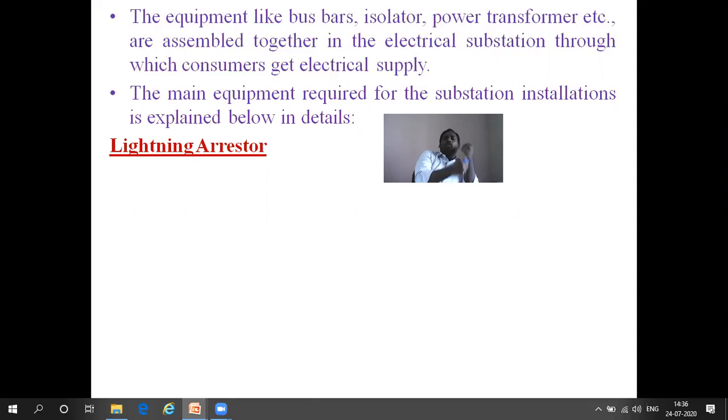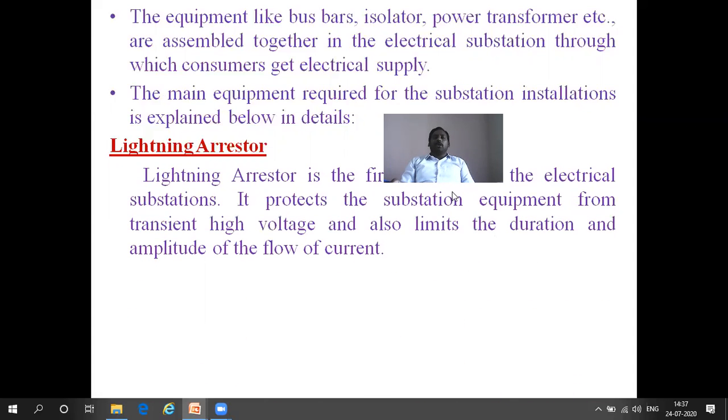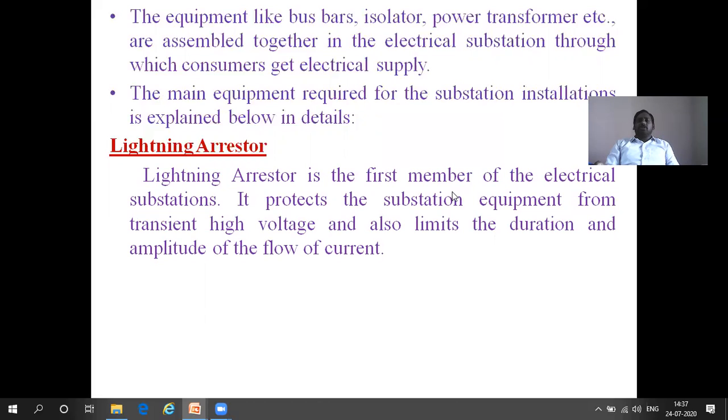Thunderstrokes means lakhs of volts discharged into the earth. So between the sky and the earth, substations are there. When thunderstrokes strike, lakhs of volts are discharged through the substation. That's why all substation equipment fails. To avoid this problem, lightning arresters are used to divert the path of thunderstrokes through the earth by using a proper grounding technique. That's why lightning arresters are used for the protection of substations against thunderstrokes or high voltages.